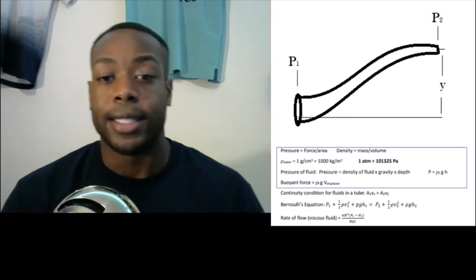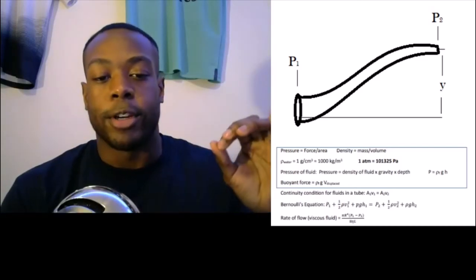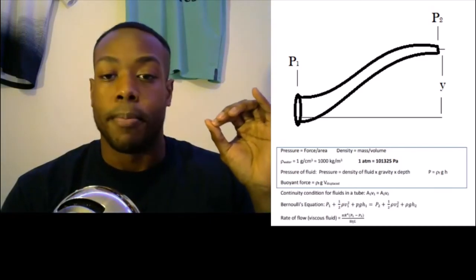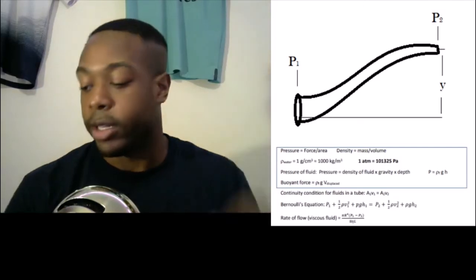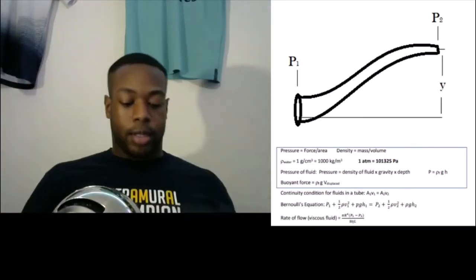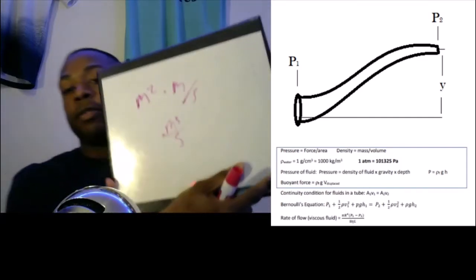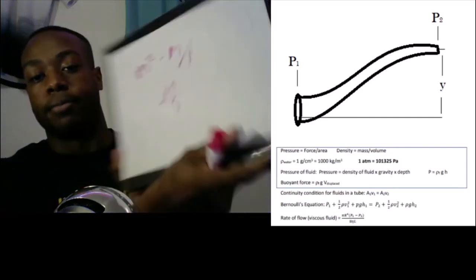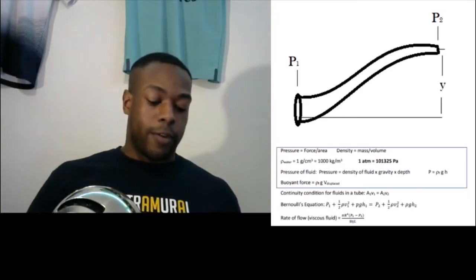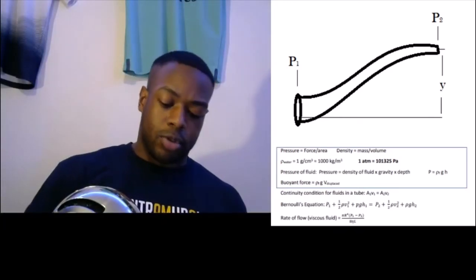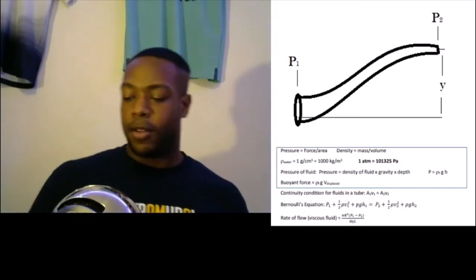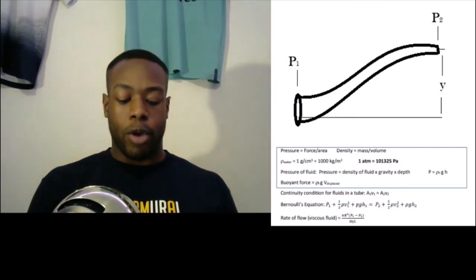We know that area's units are going to be meters squared, velocity's units are going to be meters per second. So we can actually show you meters squared times meters per second. That's going to give you cubic meters per second, and that would be the equivalent of volume per time. So your volume rate of flow. So I believe the velocity at the low point was 1.33,